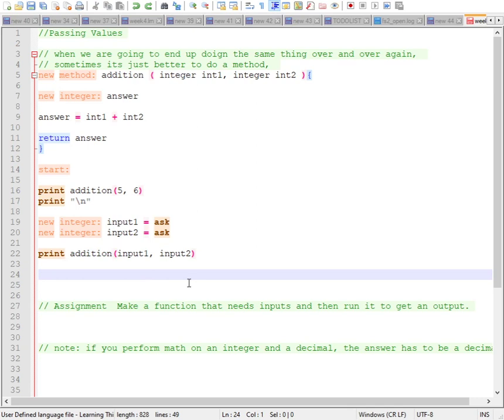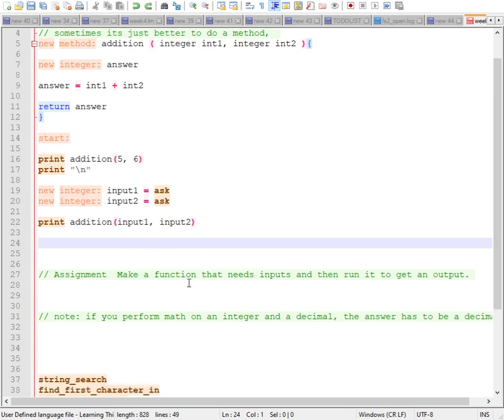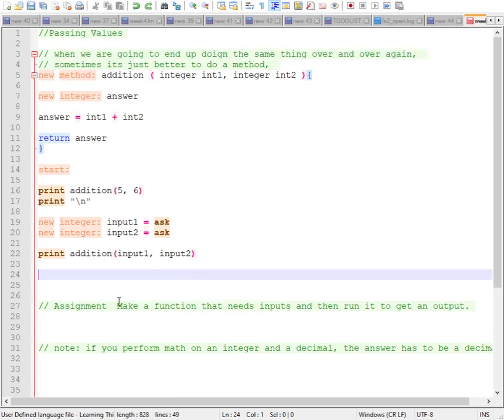Now, your assignment is to make a function that needs inputs and then run it to get an output, just like this. You do not have to do a math function. You could just put two strings together, or you could